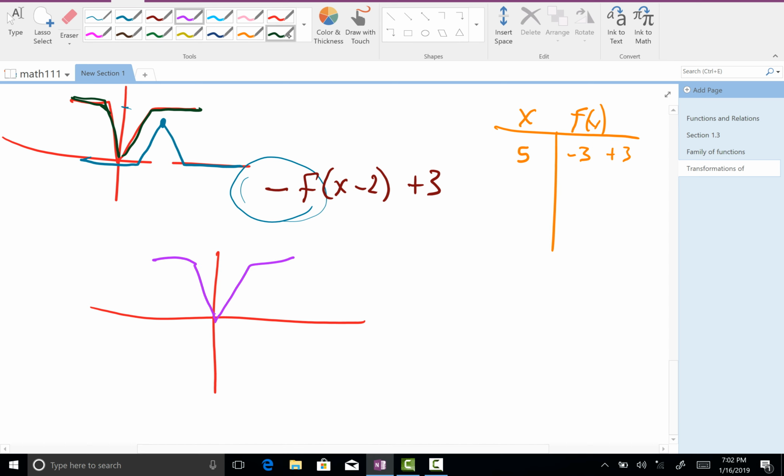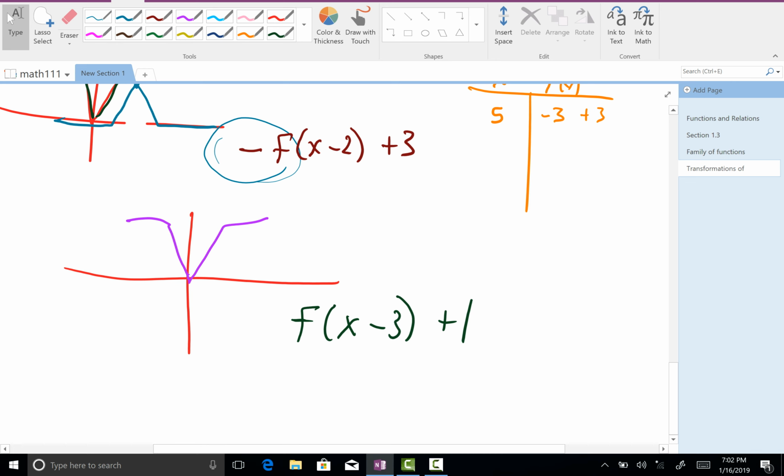All right, so let's try this. f(x - 3) + 1. Okay, so now let's just simply do this part. All right, so now we're going to go x minus 3 plus 1. So what am I going to do first? So we're going to move it over 3. I don't know where 3 is. I'm going to guess right there. And then